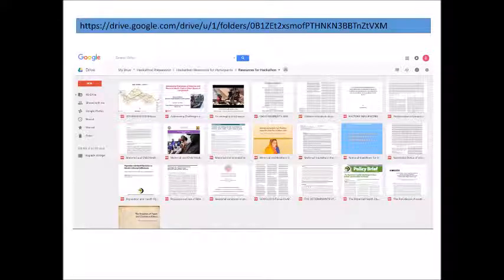Once you've registered for a team, the next best thing to do is learn about the problem that you want to solve. You may do this on your own through whatever sources you like, or you may look at the Google Drive that we've compiled to learn about maternal health in informal urban settlements. We've compiled a range of sources that speak on this topic, and you may feel free to skim through some of them.